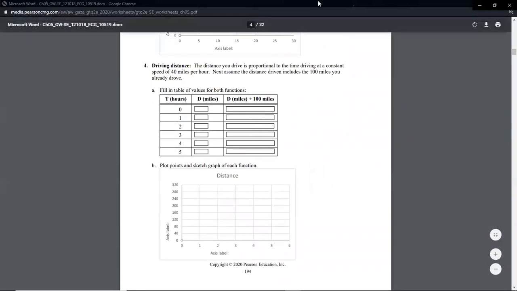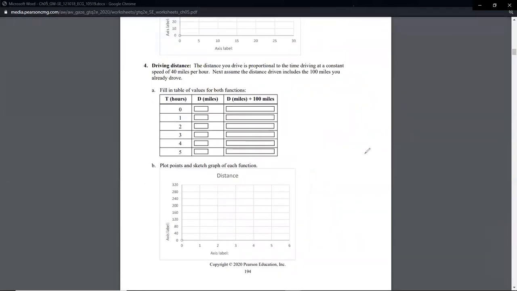All right, let's do another one. Here we go. Driving distance. The distance you drive is proportional to the time driving at a constant speed of 40 miles per hour. This is true. No stoplights, no turns, no potty breaks. If you just get on the road and you're going 40 miles an hour and you're driving through the desert of Nevada trying to go count some ballots,